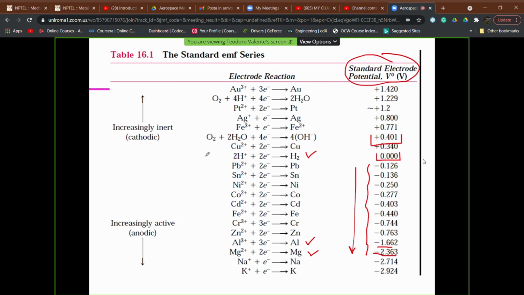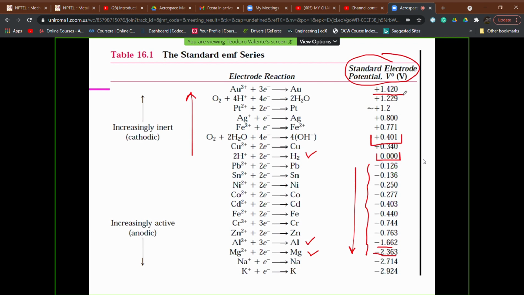On the contrary, if we move with the arrow up, this means that elements are going to increase their tendency to be inert, that is, to be eventually cathodic, so not consuming themselves, but being areas in which, for example, hydrogen reduction can happen if we have some other elements which are going to be corroded. And also this means that